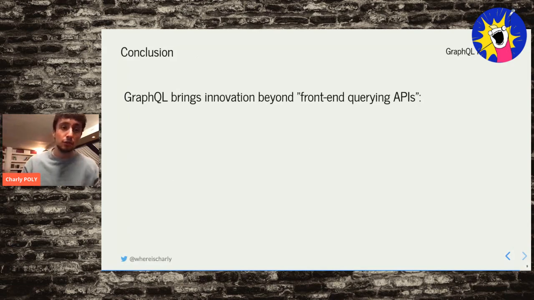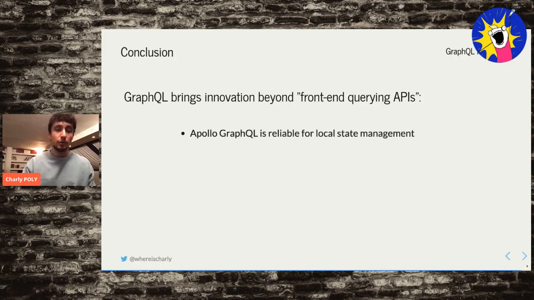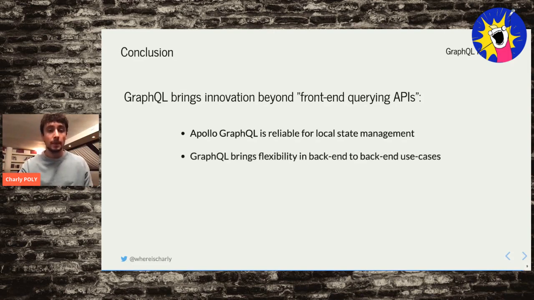So let's have a conclusion of those innovations. GraphQL is definitely more than just a front-end query APIs, language, and libraries. First, we just saw that Apollo GraphQL, and I heard soon, at least Relay is considering also doing it, is reliable for local state management. It's very, very powerful. GraphQL is bringing a lot of flexibility when it comes to backend, and it's only the